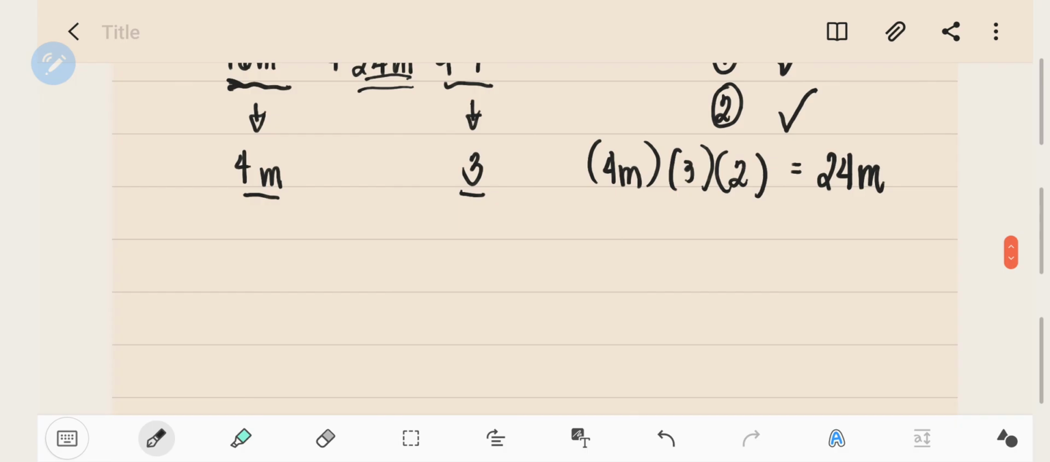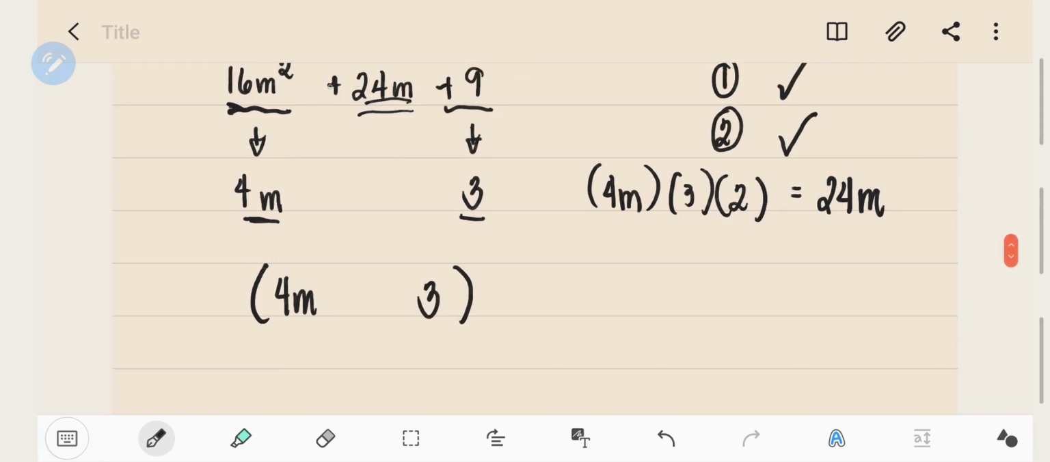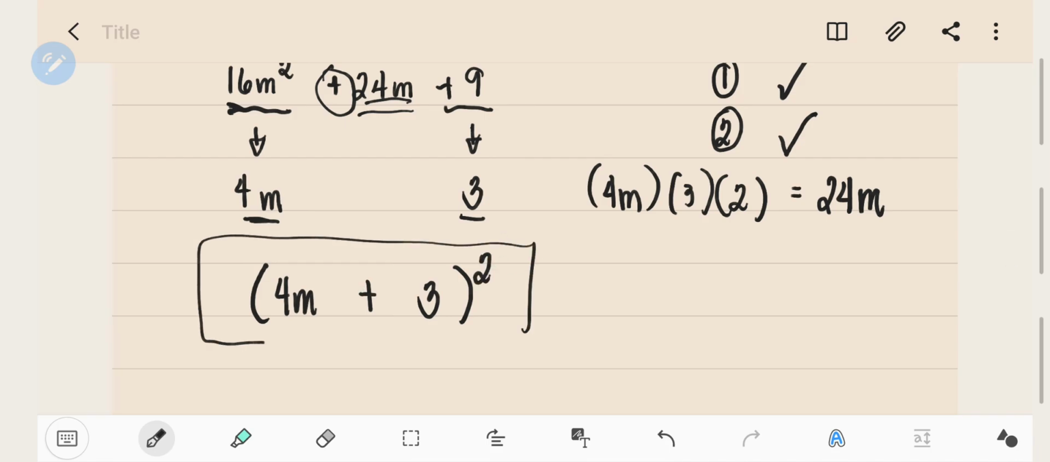And then we will just write a bracket and then write our factors or the square roots. We have 4m and 3. And then we write the sign of the middle term, which is plus. And then lagyan natin ng 2 sa labas. And then this is our final answer. Okay? So if you're still confused, you can go ahead and look at other examples on your book found on